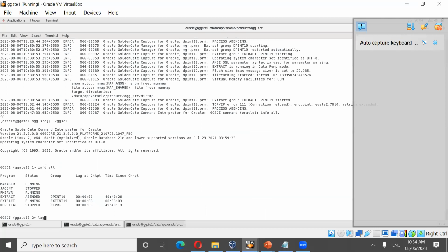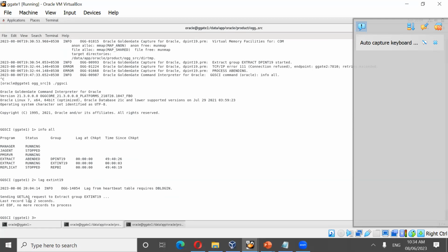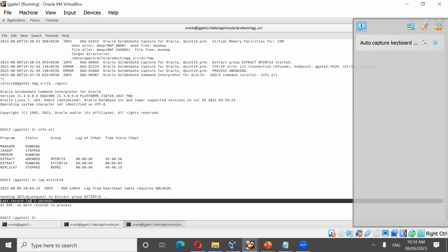If I do lag EXE-INT19, it shows me only the last record lag. Last record lag means the lag which was there in the environment when the last transaction happened, right? But what about the transaction which happened yesterday? Suppose